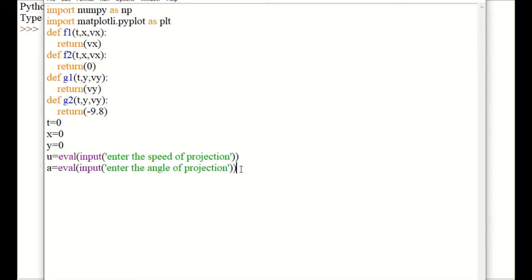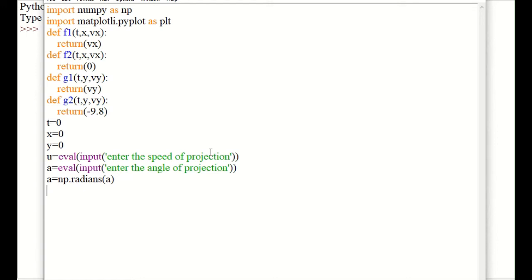Okay, so we'll convert that into radians: A is equal to np dot radians of A. We have converted that into radians, because we know that the numpy function will consider the argument as angle in radians.